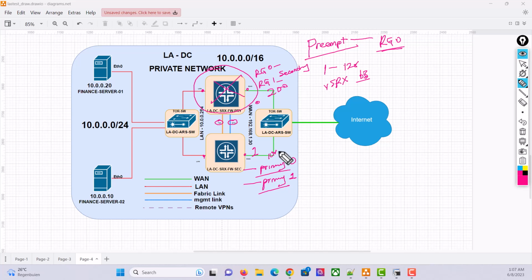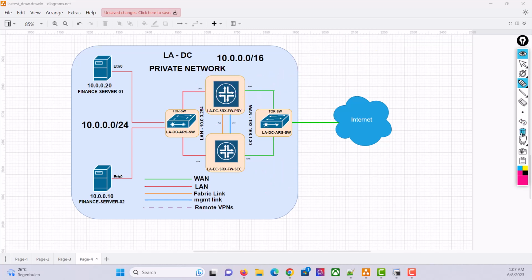So now, since we've established that it's not possible to do it on redundancy group 0, let's go to redundancy group 1 and see what happens. So let's say we are now looking at redundancy group 1. Okay, so this device power cycles, right? So if for redundancy group 1 there's a preempt,